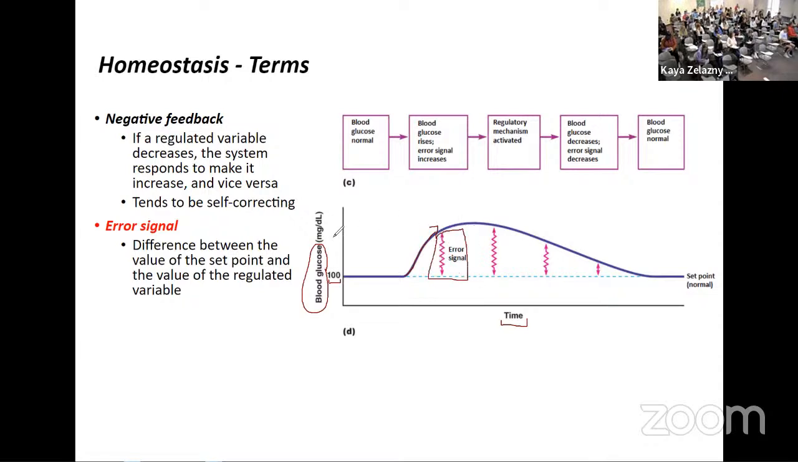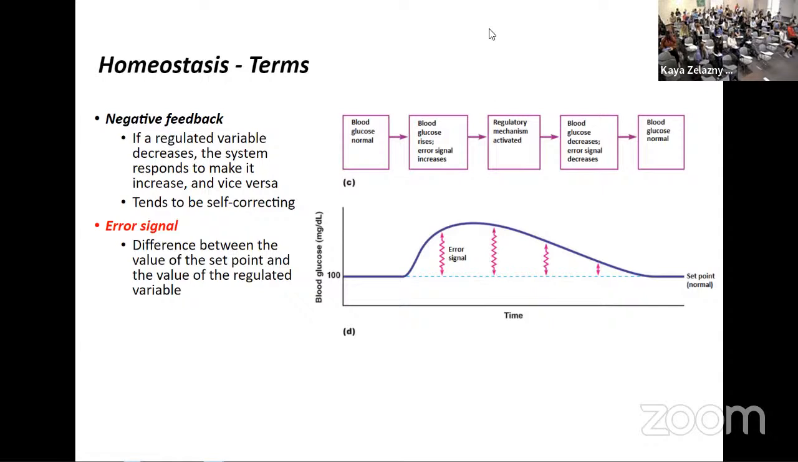So the error signal is just the difference between that new higher measurement and our set point. Error, we're not at the set point. Okay. And then we want to decrease that error signal until we're back to the set point. So once we activate our regulatory mechanism, whatever that happens to be, we're going to decrease that error signal. And in this example, we're also decreasing blood glucose until we return to normal. So that's a process of negative feedback because we go in one direction and then we come back to our